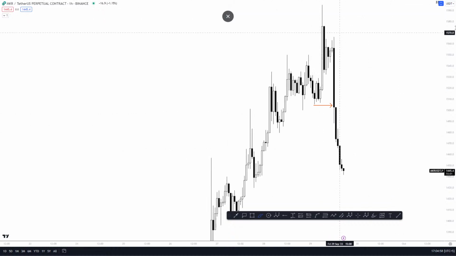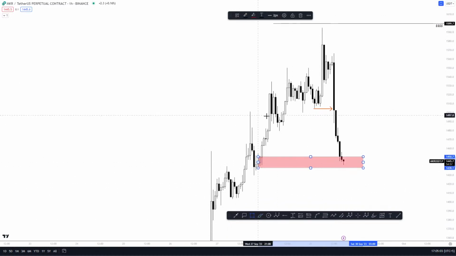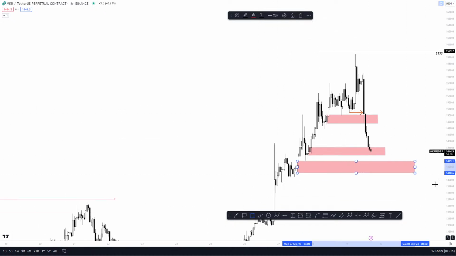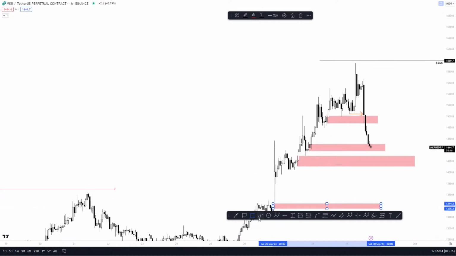So what it means is that most of the dumb money will kind of long from here. So yeah, the demand zones for the dumb money are countless. We clearly see that the demand zones for the dumb money are countless. So they are ready to go for short, short, short. So yeah,